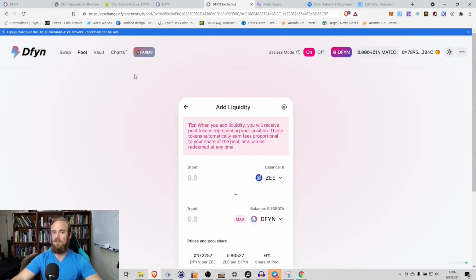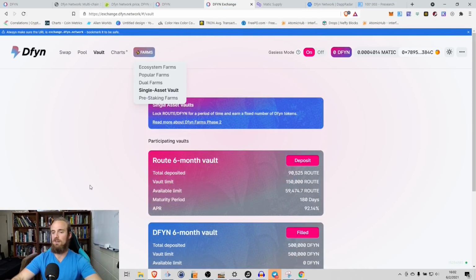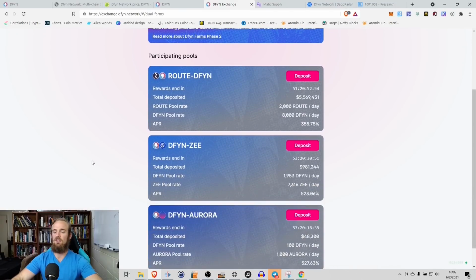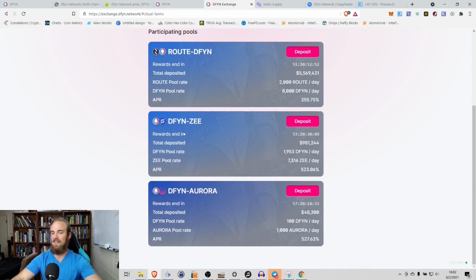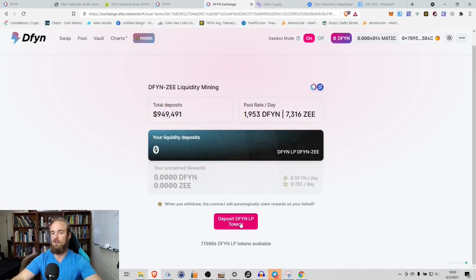Now what we'll see is if we go to farms, we have the ability to deposit those LP tokens into a dual farm. There's different farms here that we have access to. So we can farm single assets, pre-staking farms, we can do a variety of different things. But the one I specifically want to highlight is this dual farming of DFYN and Z. What you can see here, APR on this is absolutely crazy at 523%. So what we're going to do, we're going to go ahead and deposit our liquidity provider tokens to that,